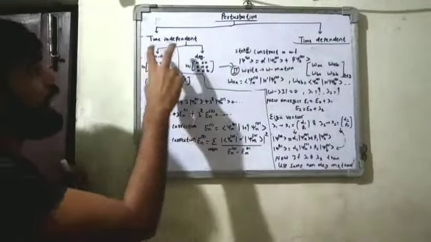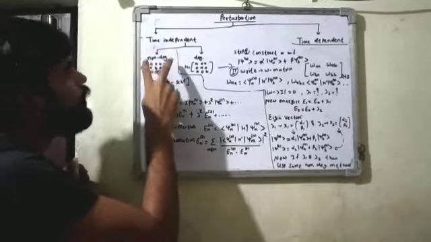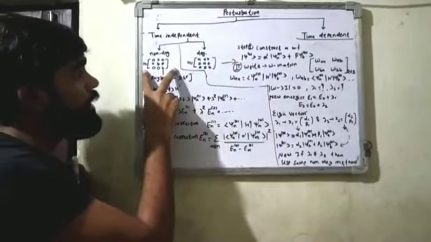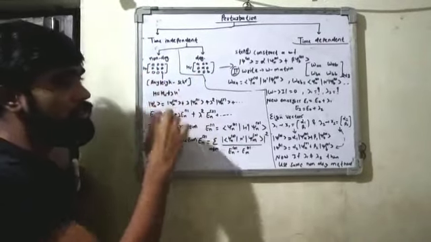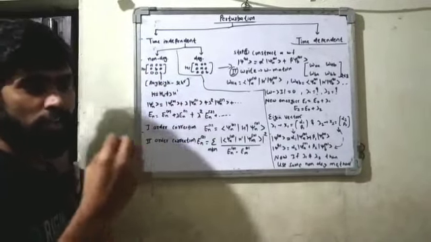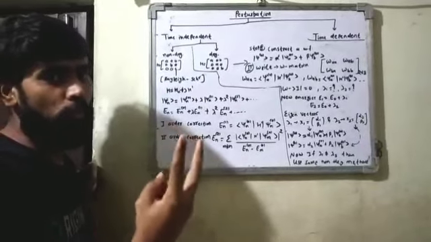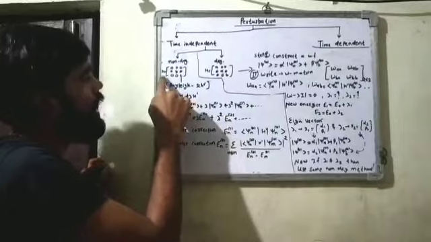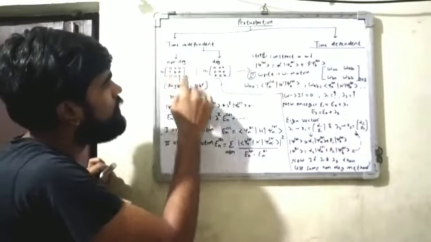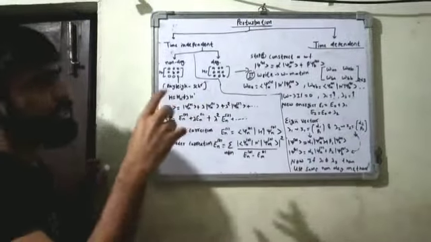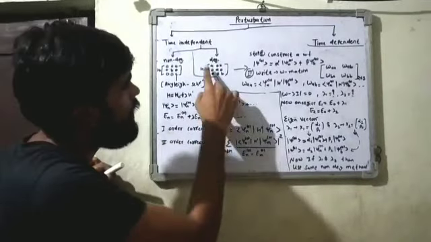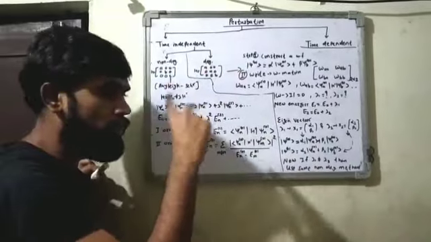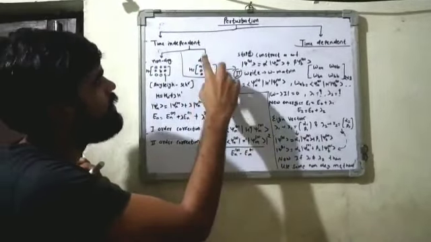Okay, and the time independent perturbation theory has two types, non-degenerate and degenerate. What is non-degenerate and degenerate? Non-degenerate means no two eigenfunctions have the same energy value. That means here if we talk about the H matrix, here A, B, C are different. There is no same energy value. And here A and A are two same values for different wave functions. This is called degenerate state.